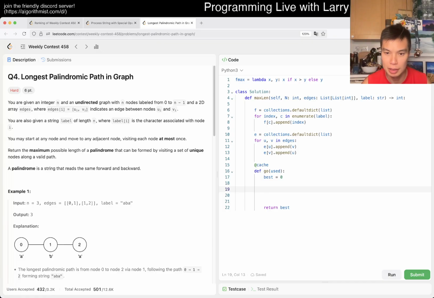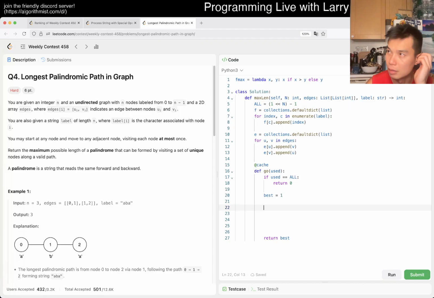Okay, let's just say this is always going to be 1 if use is equal to or return, well, we just return 0. Okay, then now I just change it to use. I feel like I'm used to using this. And then